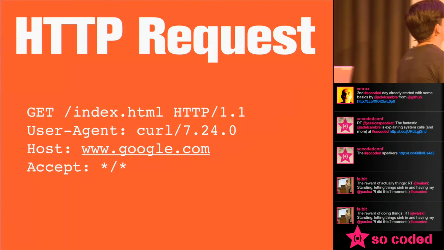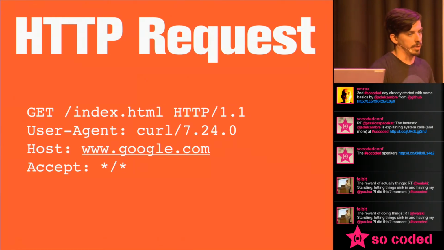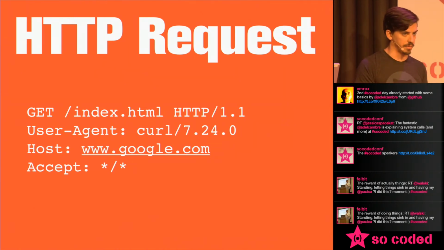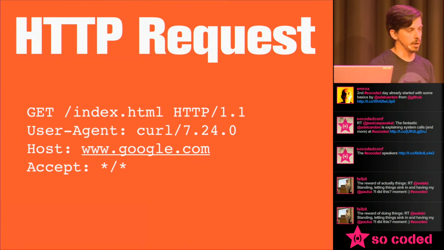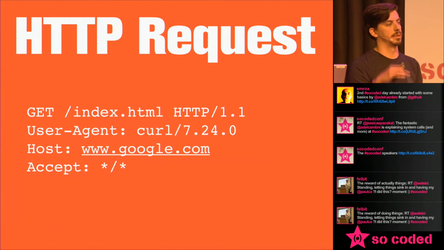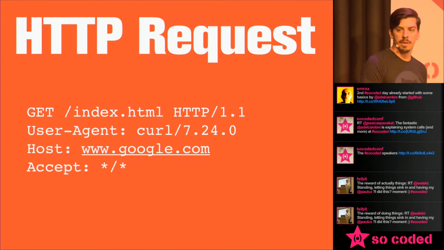So this is a sample HTTP request. The first line there is kind of the most important. That's where you're going to have the HTTP verb, the path, and the version of HTTP you're going to be using. That's across every HTTP request that you get. Beyond that, you just have a list of headers. So this is a curl I did against Google, accepting any content type. If this was a POST, there would be a blank line, and then all the POST content, maybe like the form contents or some JSON or something like that.